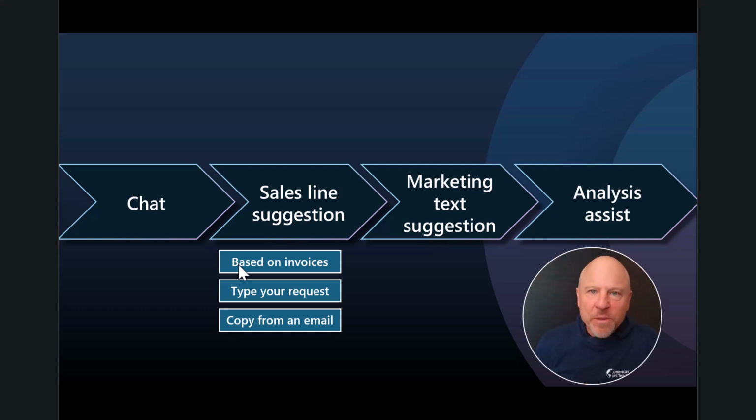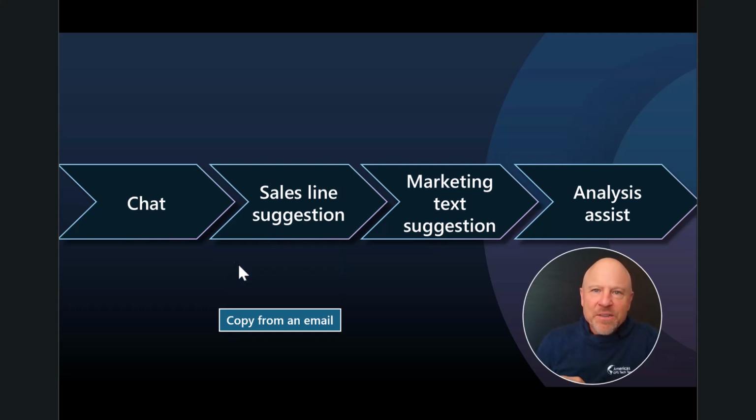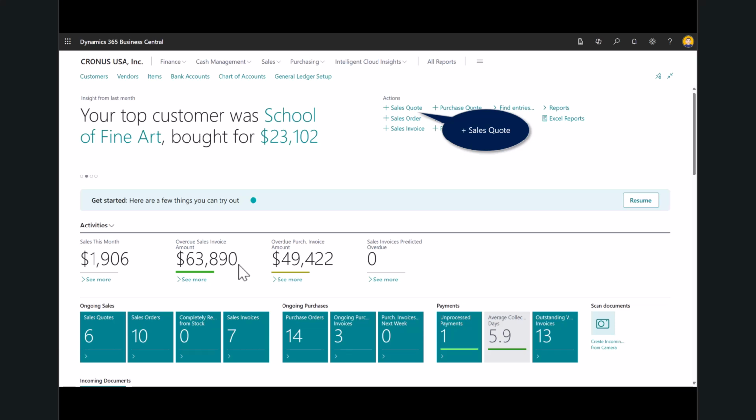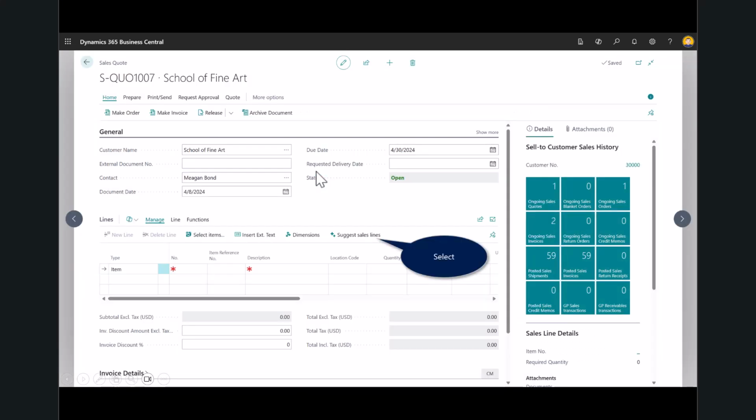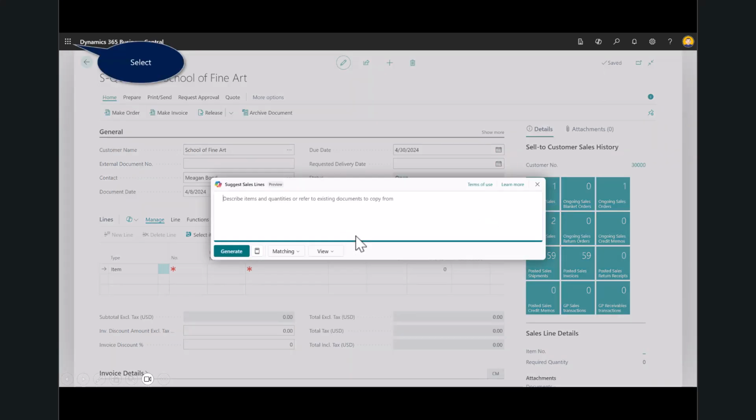The third and the last one in this video is you get an email from a customer. And in the past, obviously you could leverage the Outlook add-in that's been available. It seamlessly brings data over from within, let's say, for example, an email. But let's show you what that looks like on the sales quote again. This time, I'll grab the third client. This is the School of Fine Art. I'll open up the suggested sales line items, except instead of using the prompt guide or just typing in my